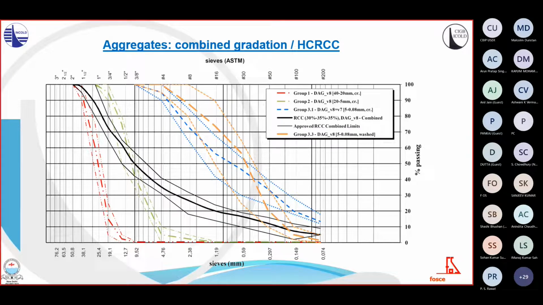This figure shows the individual and combined gradation curves of aggregate for a high cementitious RCC mix. The aggregate split of the combined gradation, shown in black, is 30%, 35%, 35% based on two coarse aggregates, 40 to 20 and 20 to 5 millimeters, represented in red and green color respectively, and one fine aggregate in blue with a high proportion of fines in it, between 12 and 18% in this